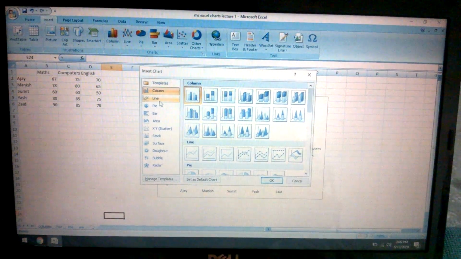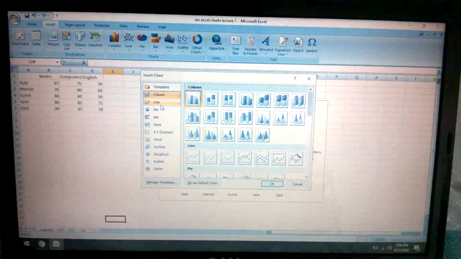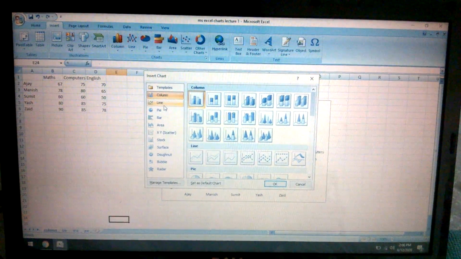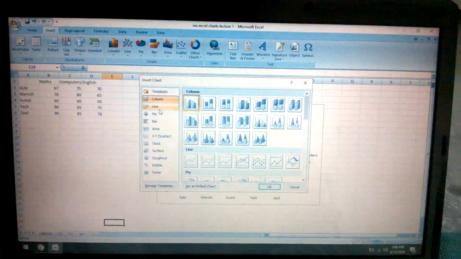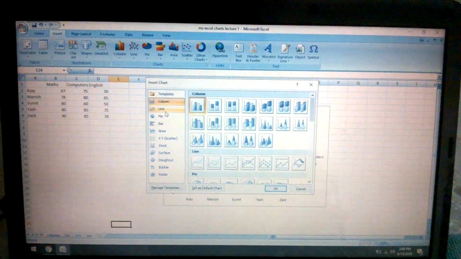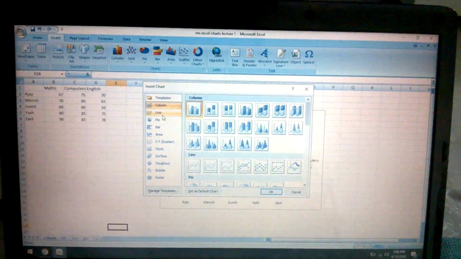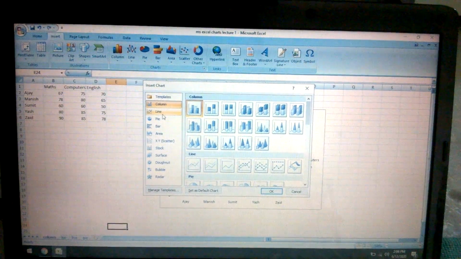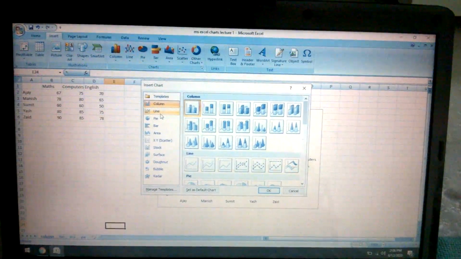We shall begin with chapter 2 MS Excel charts. I've opened MS Excel charts option in front of you all. So what are MS Excel charts? MS Excel chart is a feature or the option of MS Excel which is used to represent data in the form of pictures, visuals or graphical form.